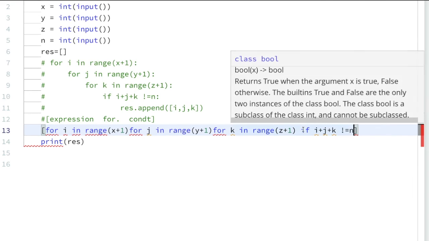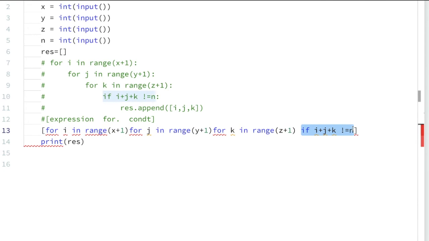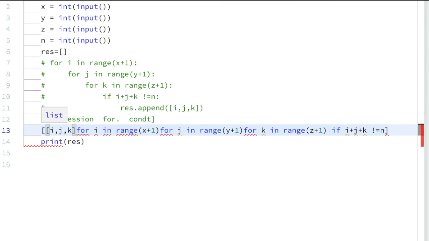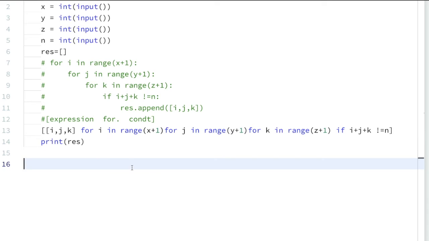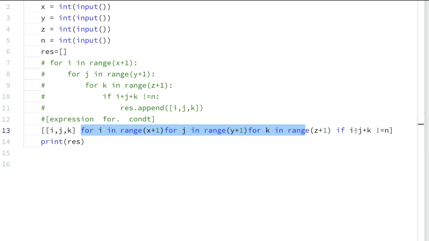Now if this condition is satisfied, what we have to do here, we have to append our result. Means we have to append this i, j and k value in our list. So what we will do, we will write the possible value in our expression. So what we are doing here is, if for the value i, j and k this condition is satisfied, we are simply appending this i, j and k value in our list comprehension.